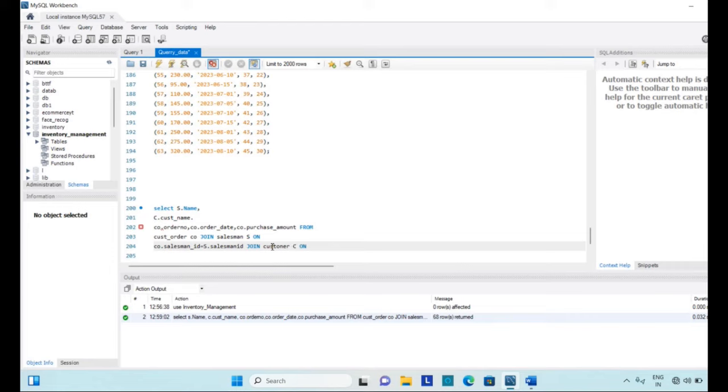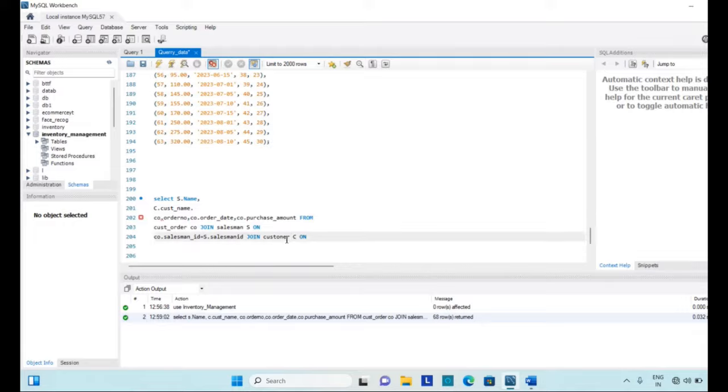After writing this, we establish the relationship between these 2 tables, customer order and customer, using co dot customer underscore ID equal to C dot customer ID. And we will run this query.